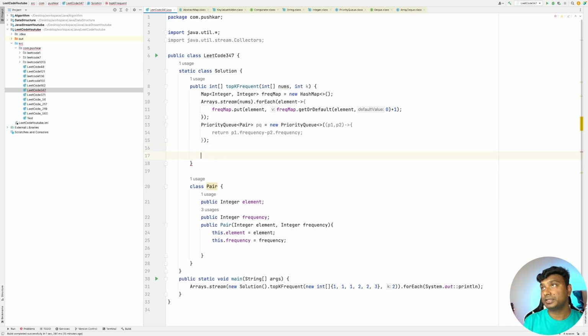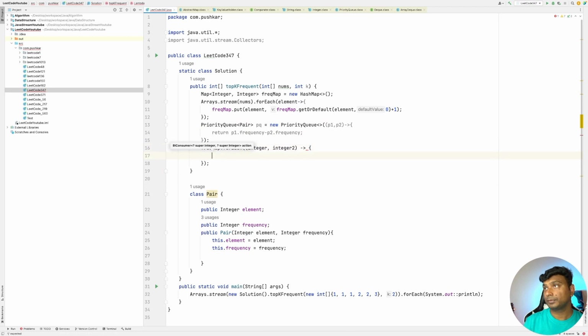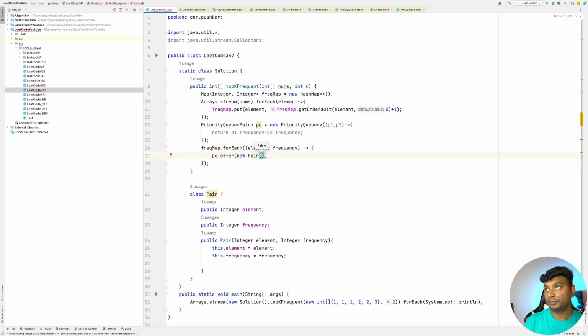So let's iterate: frequency map dot forEach, element and frequency, and PQ dot offer new Pair with element and frequency.